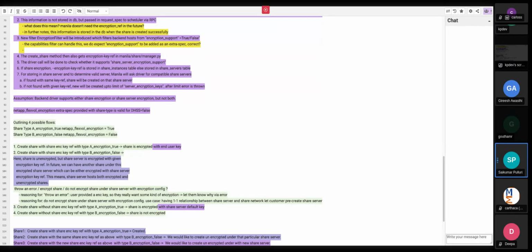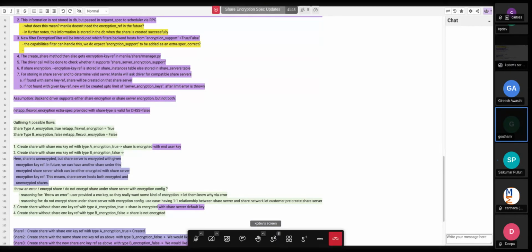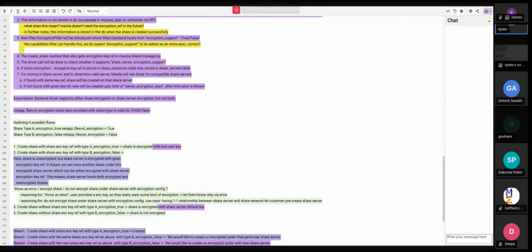With that, internally we can assume that when somebody is passing the key, you have to encrypt the share, but in the second case I'm confused. How do you determine false without this flag? You're passing the key as part of the share object, correct? Once the key is associated with the share server and stored into the share server's table or object,